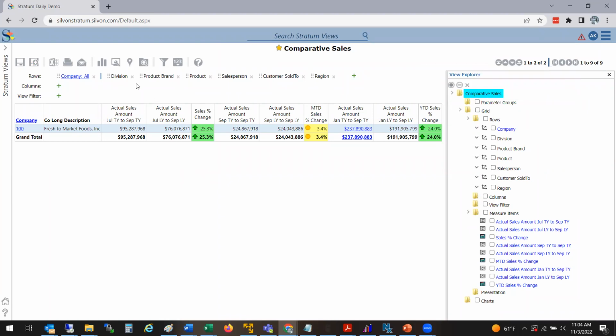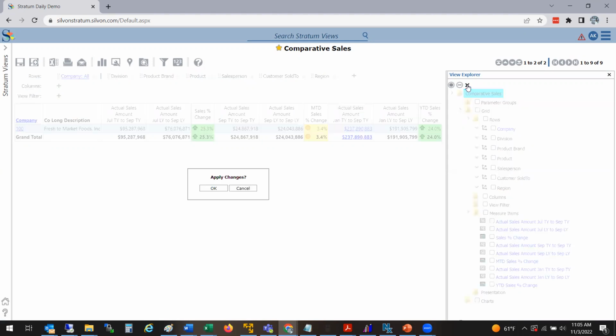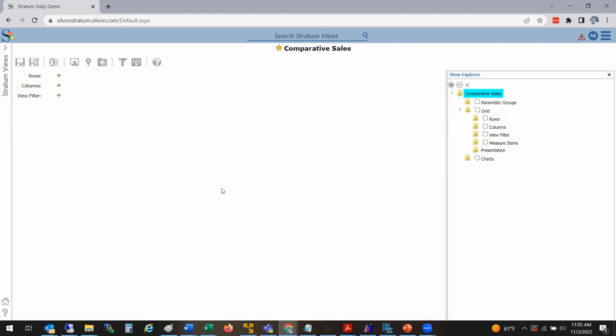A quick way to do that would be to open up your View Explorer. This just toggles your View Explorer over here on the right side on and off, so that we can see here on the right-hand side that my View Explorer basically shows me everything within the view that I have. So if I wanted to wipe all that out, I can just highlight all my rows. I can highlight all my measures, and you'll see this option up here to either hide or get rid of everything. If I were to do that, it would then wipe everything out, and then I can start from scratch. So that's how a regular user could just wipe everything out, save this as their own personal view, and then